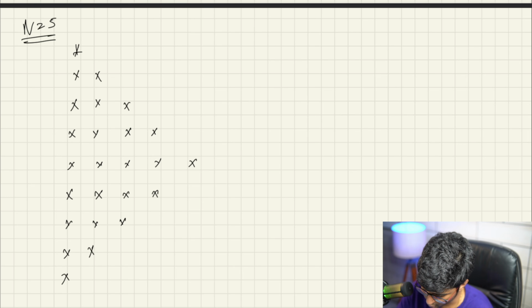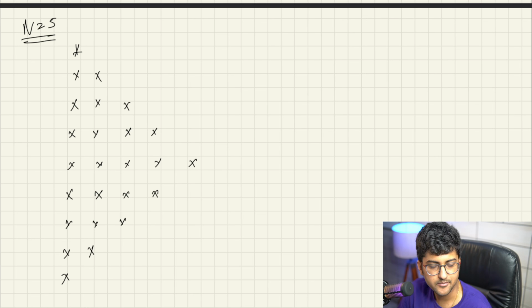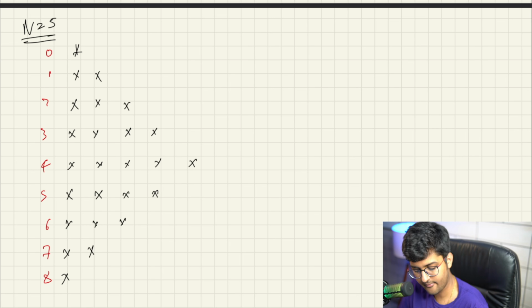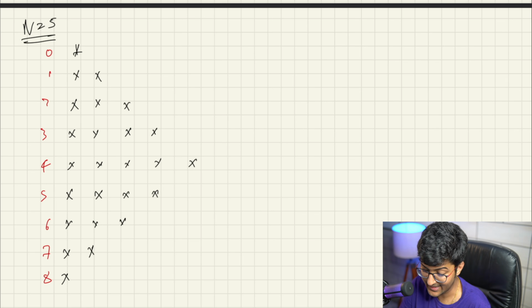Okay, let's write the row numbers over here. So let's say this is row number 0, 1, 2, 3, 4, 5, 6, 7, and 8. The outer loop is running 2n minus 1 times, 9 times. That is correct. That's why we're doing 0 till less than 2n.